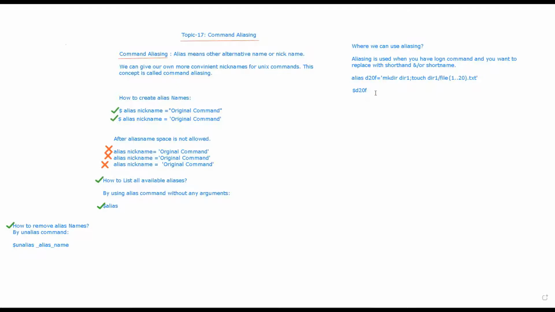So the advantage is that aliases are used whenever you have a long command. You can refer to that long command by using this alias name. That is the use of the alias.